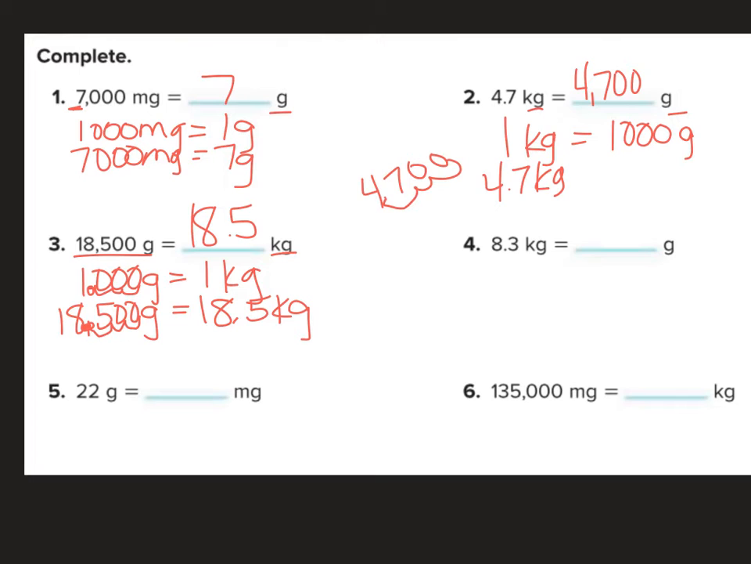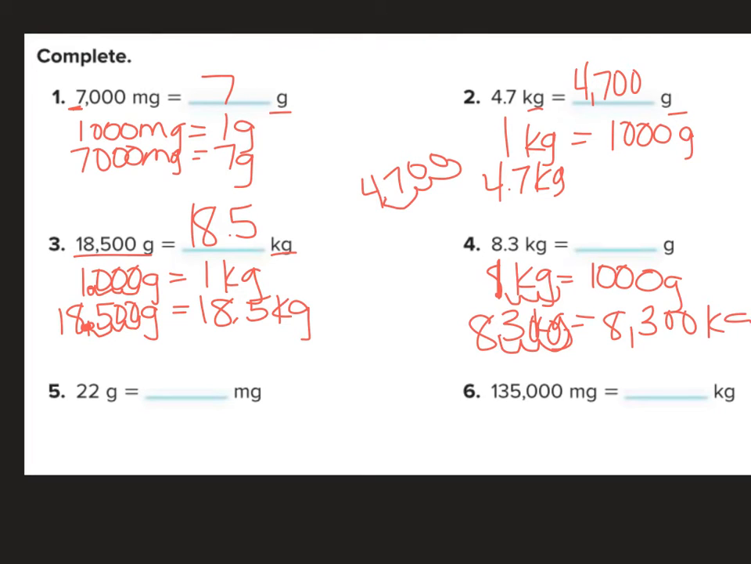Okay, here I have 8.3 kilograms. Okay, let's do this. I know 1 kilogram equals 1,000 grams, so I multiply by 1,000. So 8.3 kilograms is going to be, multiply it by 1,000. Really, I moved 1, 2, 3. So I move this 1, 2, 3. Add my 2 zeros,